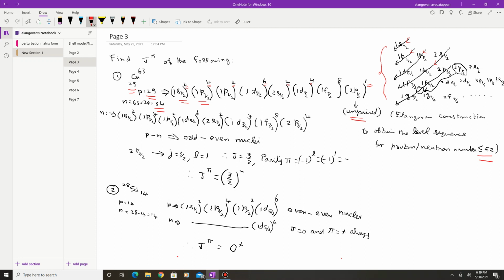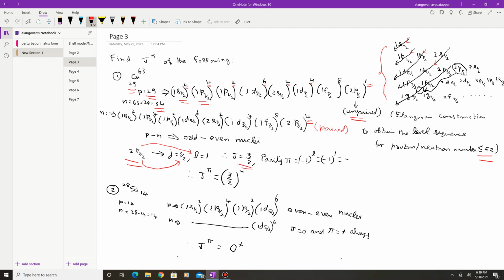And for N equal to 34, this is an even number. If it is an even number, again you can write down the level sequence, and you find that it is a given number, so this is paired. So an even number is paired. The unpaired level is important for the calculation of angular momentum. So you take this unpaired level 2p3/2, and this j will be your J, and this is your L. L is equal to 1. So the angular momentum J is equal to 3/2.